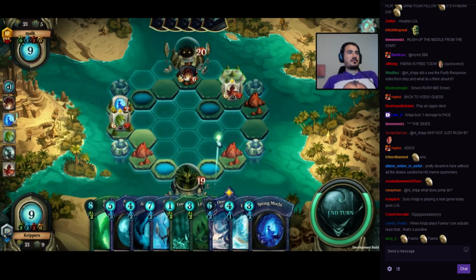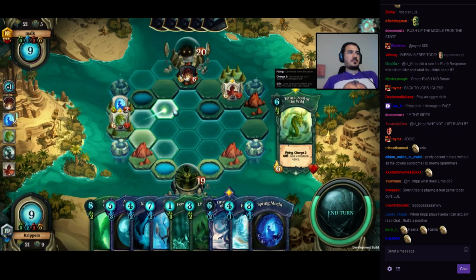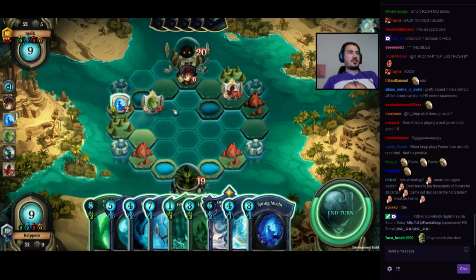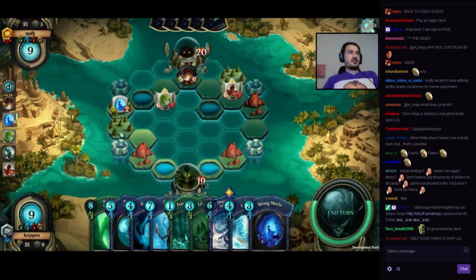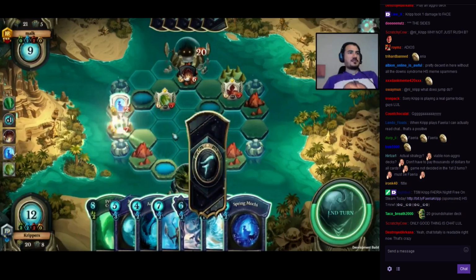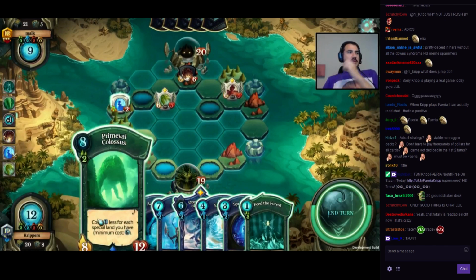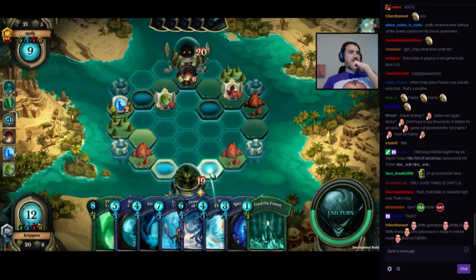I'm then going to move that dragon there. Then I'm gonna Living Willow there. I'm gonna feed the forest, which is gonna give me 7. I have another feed the forest, but I'm not so sure I want to do that. I think what I want to do is